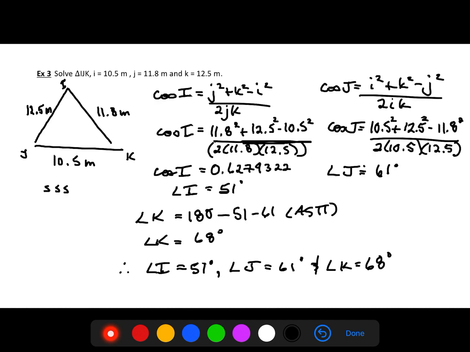Okay, so that's a quick review of our cosine law. Cosine law is basically our last resort. If it's a right angle triangle, we use SOHCAHTOA. Non-right angle triangle, we look for sine law first, a little easier to set up. And if we can't